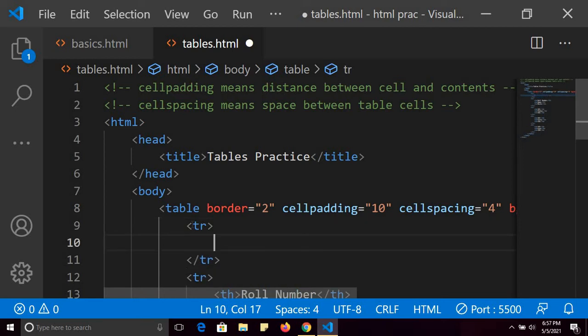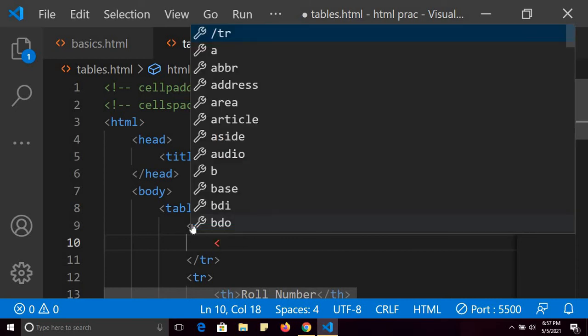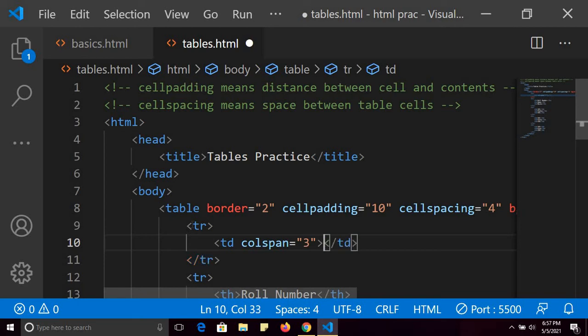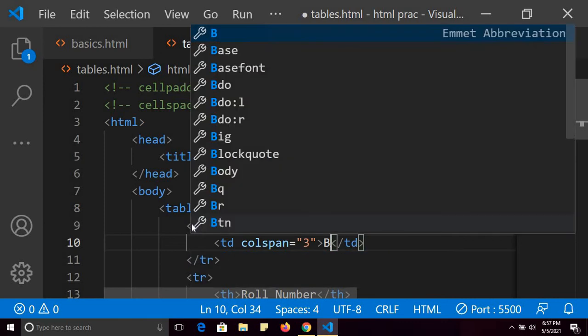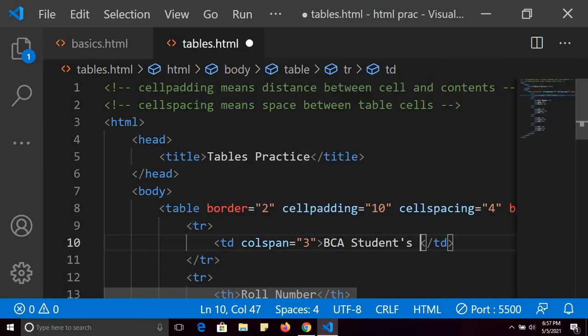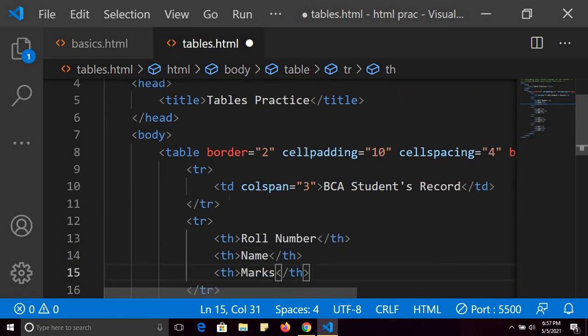So let me first explain col span. Suppose col span is 3. And here I'm going to write BCA students record. So let me show you the output first, then I will explain.